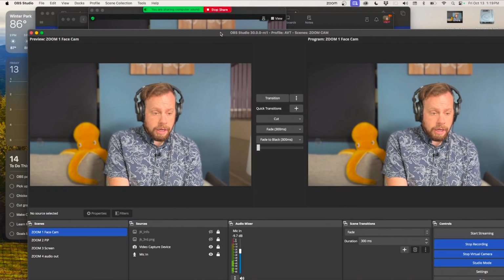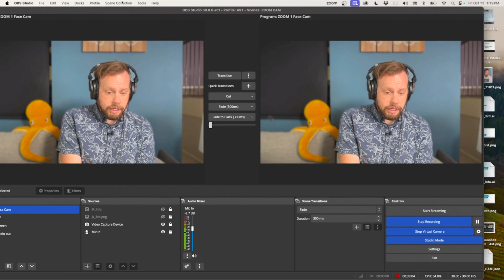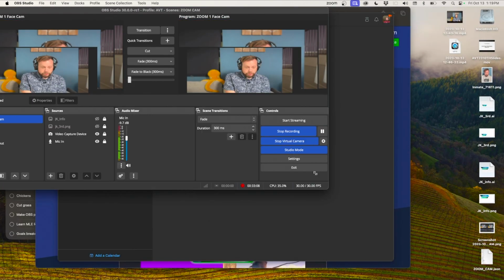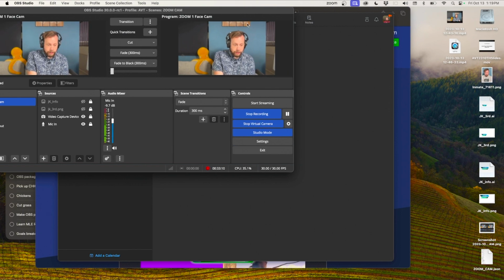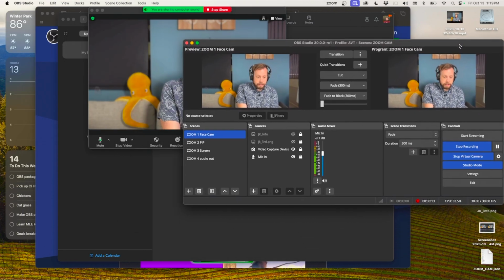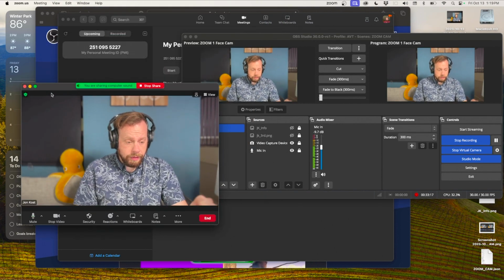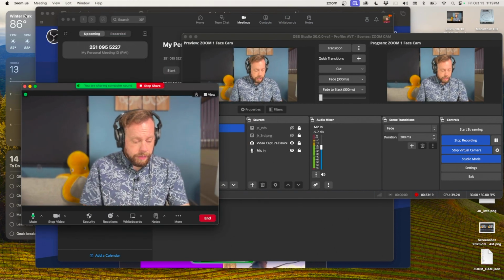Okay. And then let's make OBS tiny. It's hard working in a small screen. Okay. And now that I have studio mode on, you'll see I'm in Zoom, if you can see at the top here, but I can still go